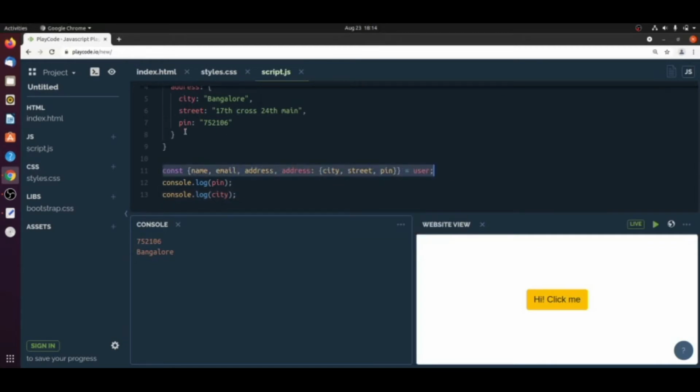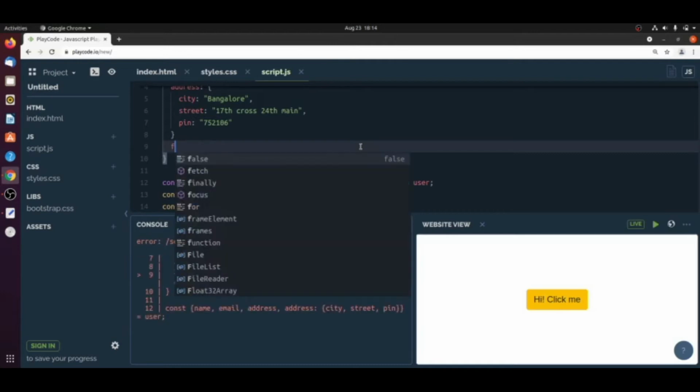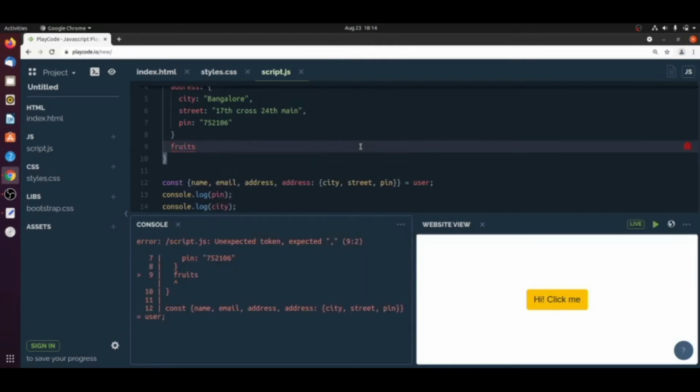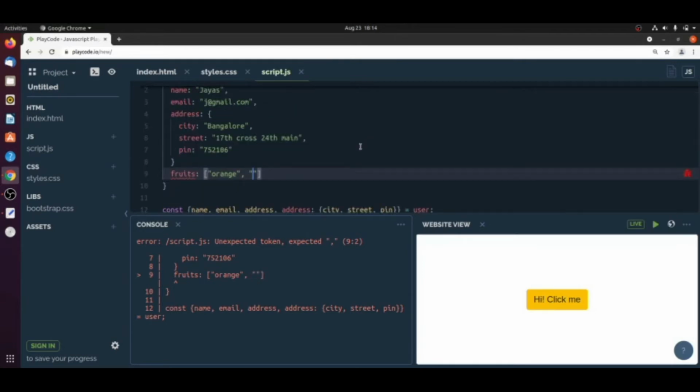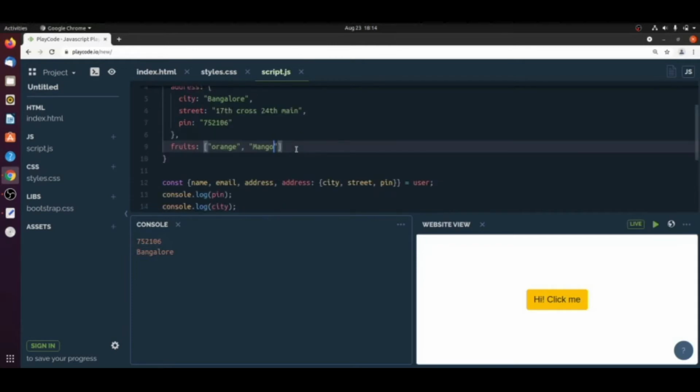Let's say I want to take one new value, that is fruits, and it is one array, with mango.